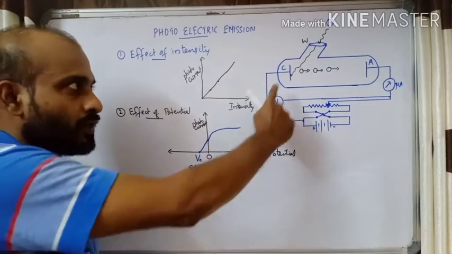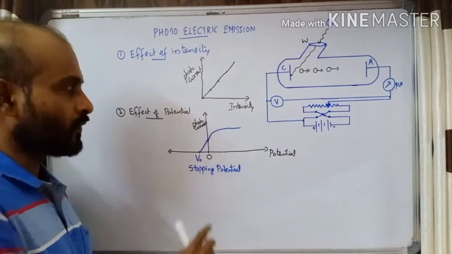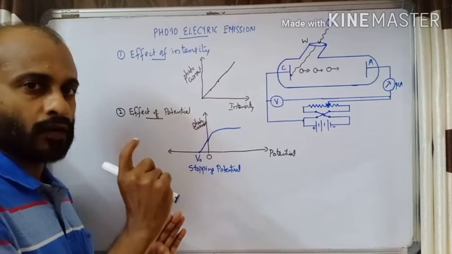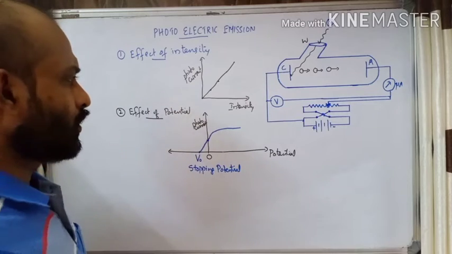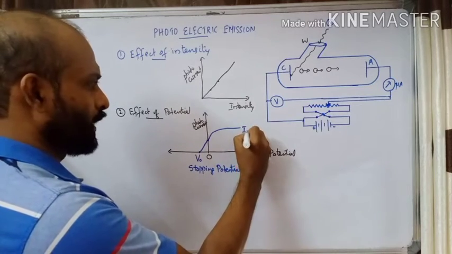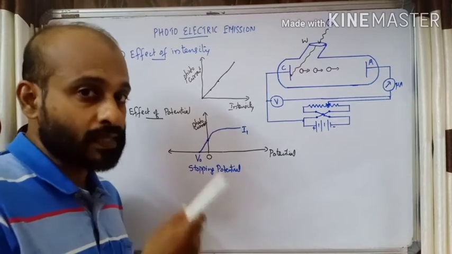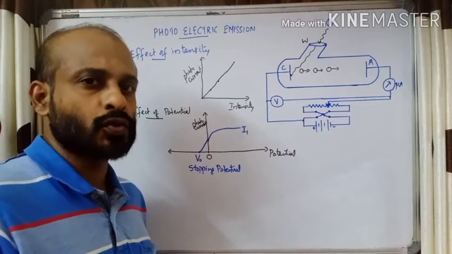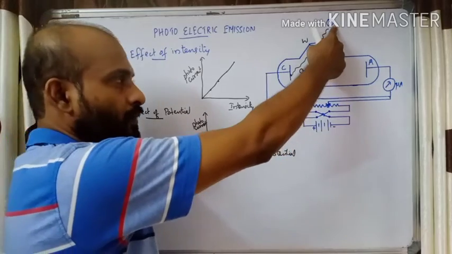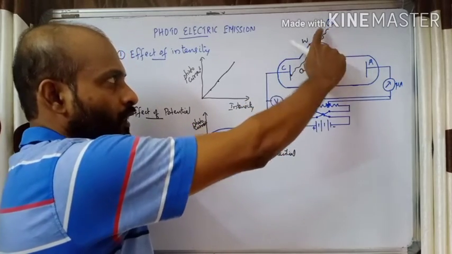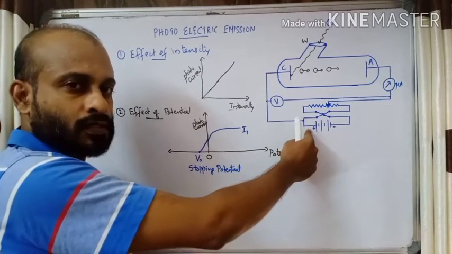I have told you that initially we used a light of 100 watt. We are keeping the intensity fixed and the frequency also fixed: same color of light and same power. And we have got the graph. I'll mark the intensity as I1. Now we further increase the intensity. We use another bulb of the same color. We will not change the color. Suppose we use a 200 watt bulb. We just replace the bulb with the 200 watt bulb, same distance, same frequency. We make the potential 0 by adjusting the rheostat.